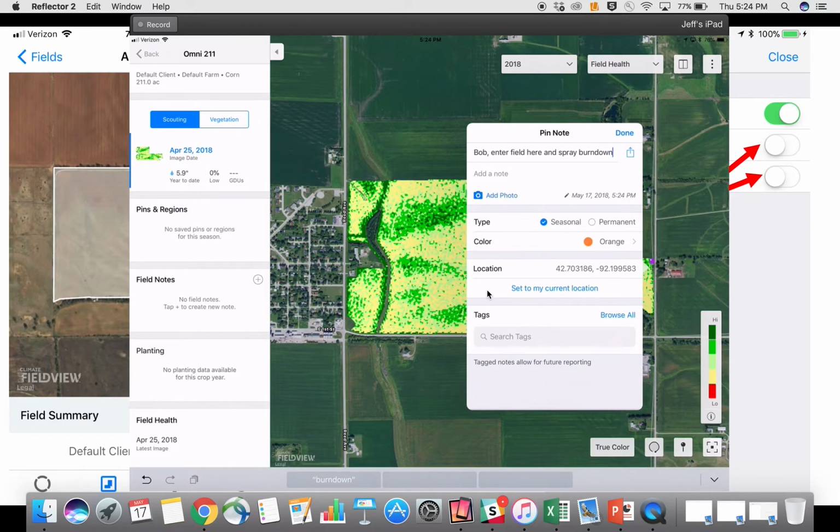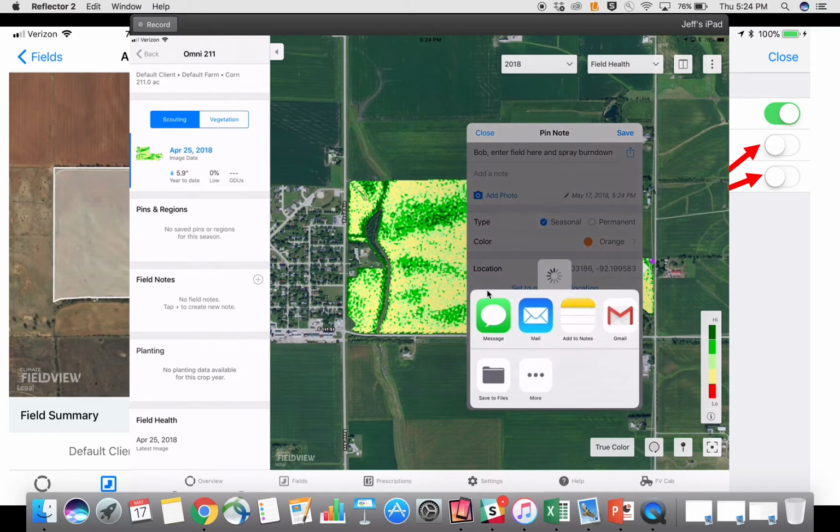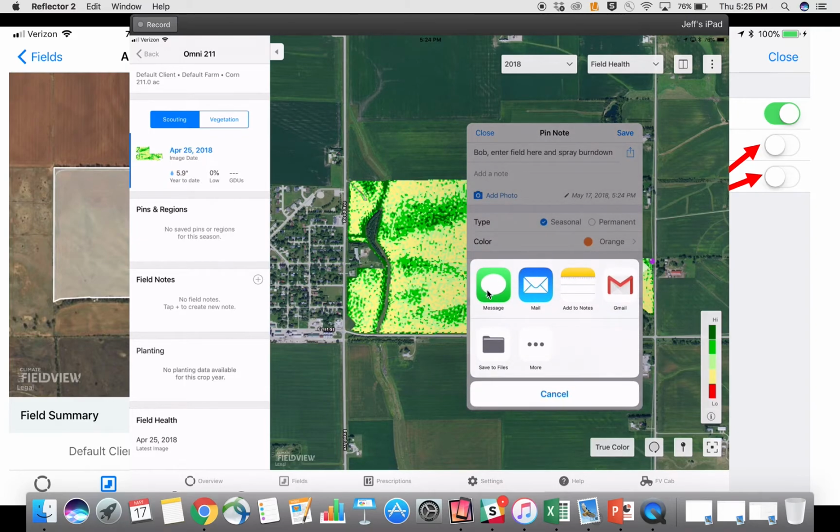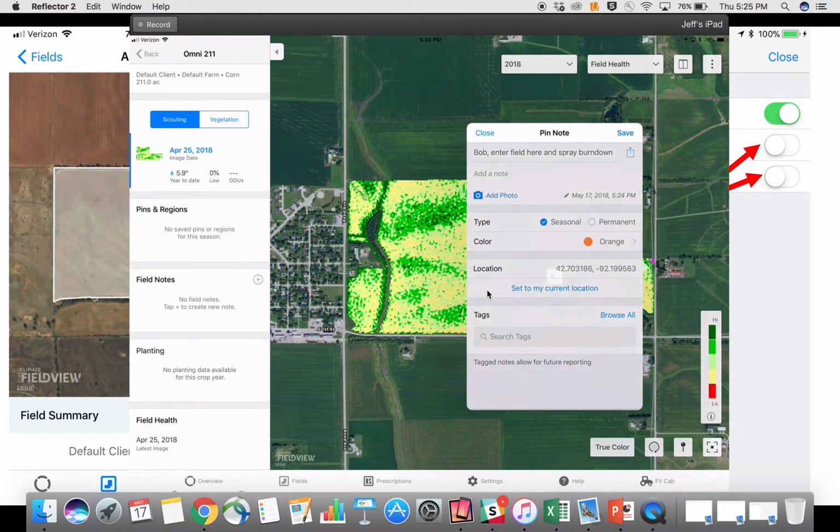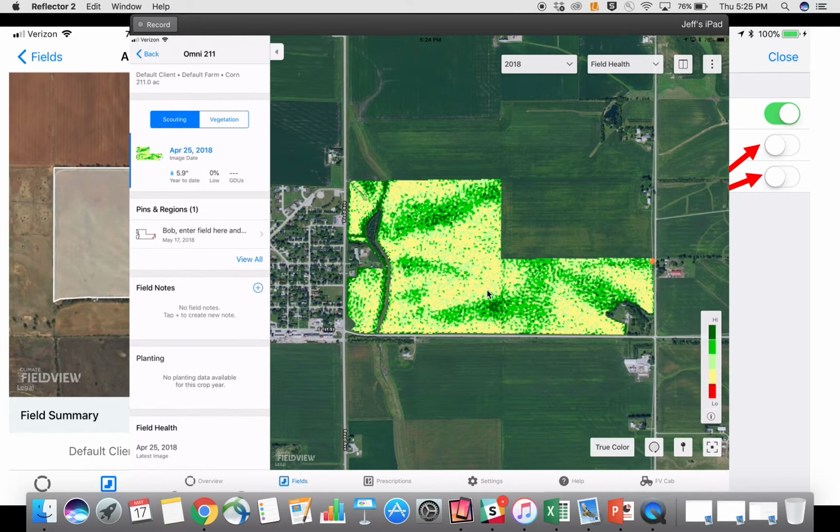And so I can go ahead and either click the box with the arrow in it to send it to him via text message so that he gets it, or I can just click save and save that note to that field. And now it is available for him to see on his phone. So with this, I've now given an instruction. And so I wasn't in this field at all, but I'm using scouting notes to help others understand what they